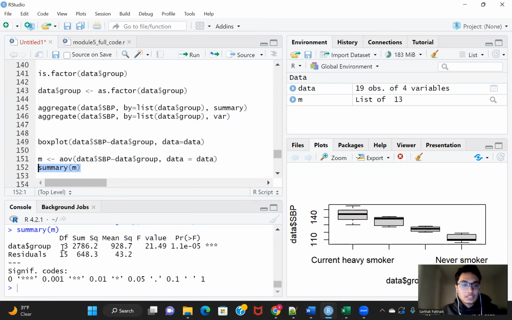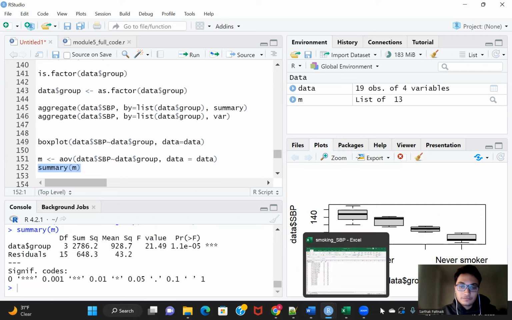Now for the summary, you can see first the degrees of freedom for the group and the residuals. So the degrees of freedom for between and within that we studied are k minus 1 and n minus k. Here,